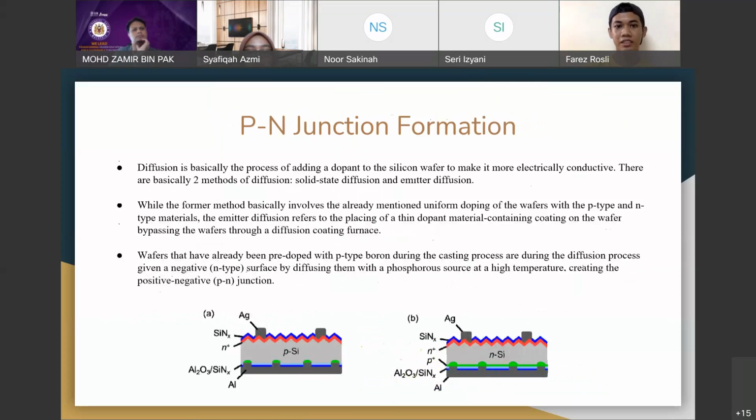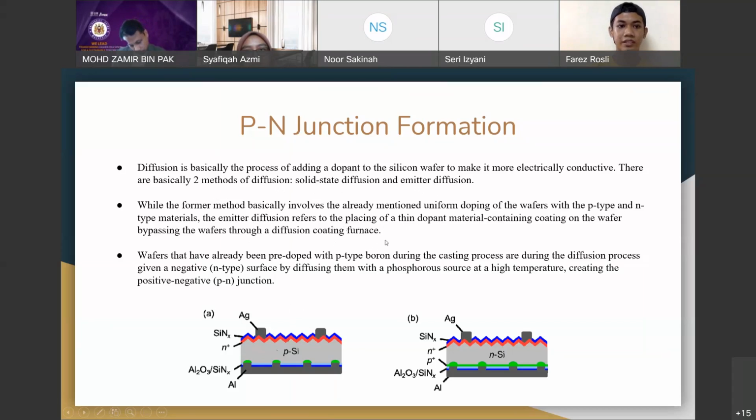So for PN junction formation, diffusion is basically the process of adding a dopant to the silicon wafer to make it more electrically conductive. There are basically two methods of diffusion, which are solid state diffusion and emitter diffusion. While the former method basically involves the already mentioned uniform doping of the wafer with the P-type and N-type material, the emitter diffusion refers to the placing of a thin dopant-containing coating on the wafer by passing the wafers through a